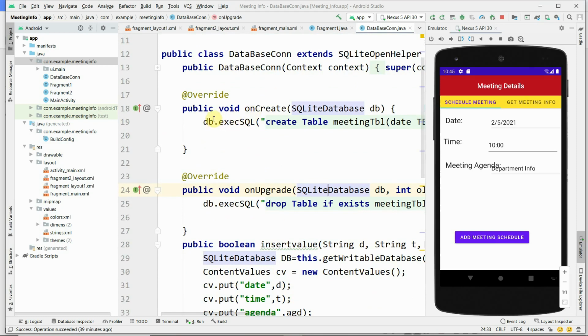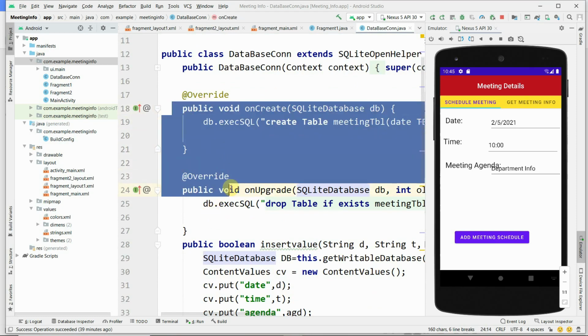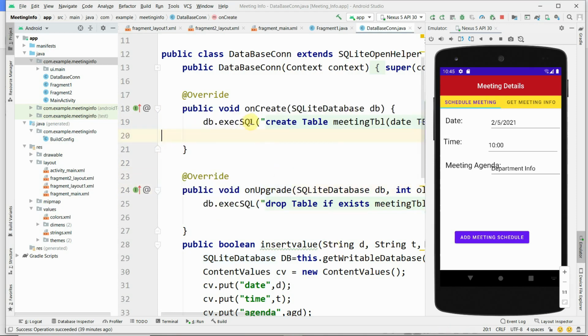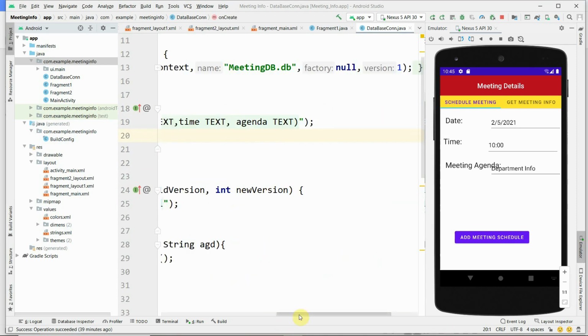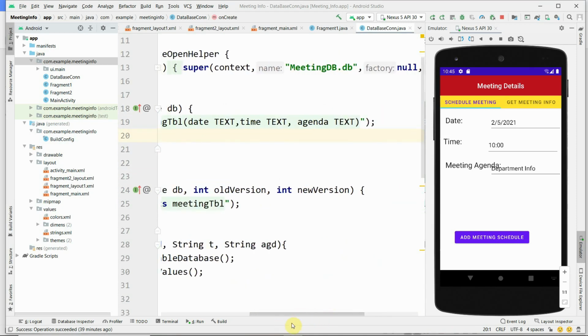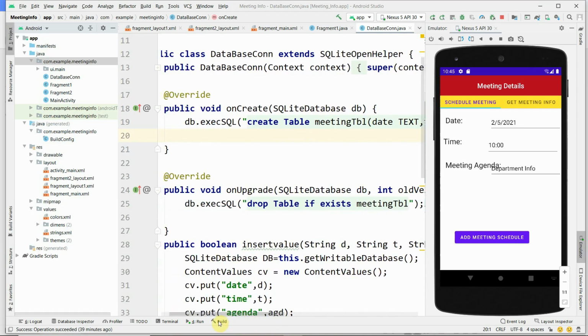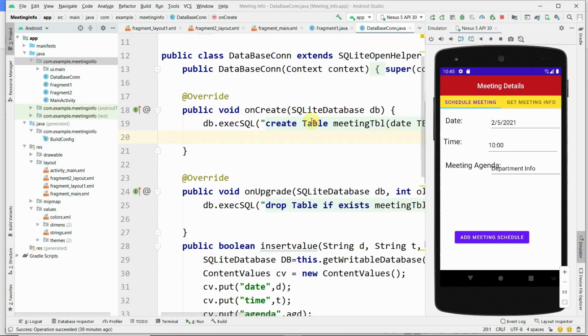You need not code on create and on upgrade, but here you have to modify the code. Existing code you have to modify, because you are going to create a database with your own name.